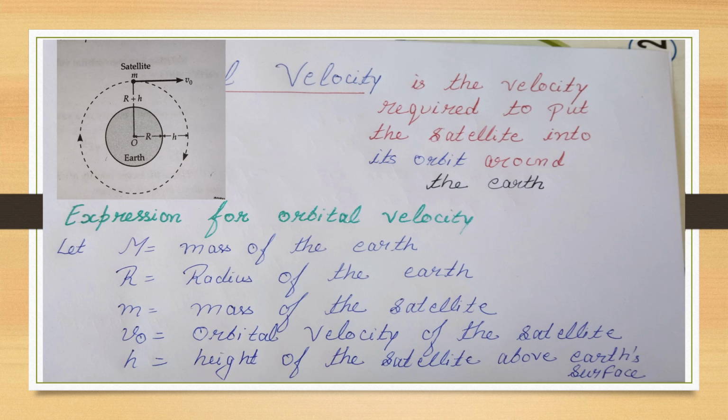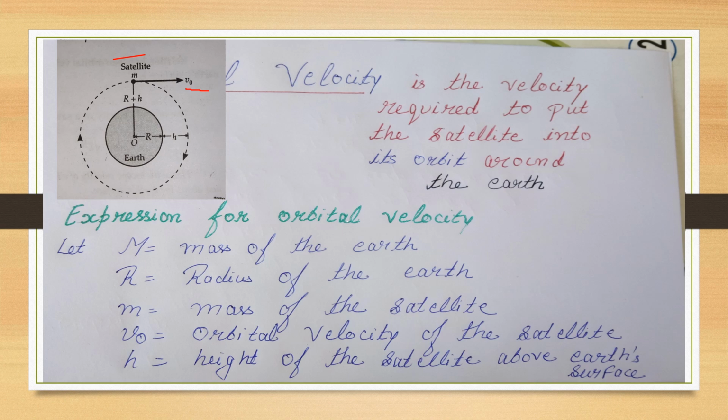So to derive the expression for orbital velocity, let capital M be the mass of the Earth, capital R be the radius of the Earth, small m the mass of the satellite, V0 the orbital velocity of the satellite with which it is put into its orbit around the Earth, and h the height of the